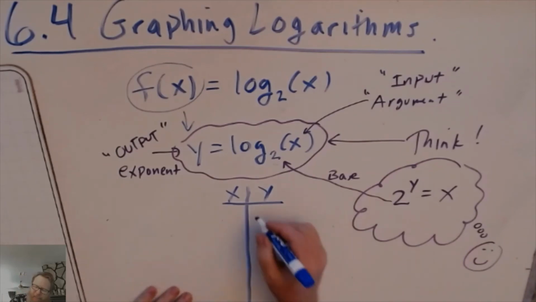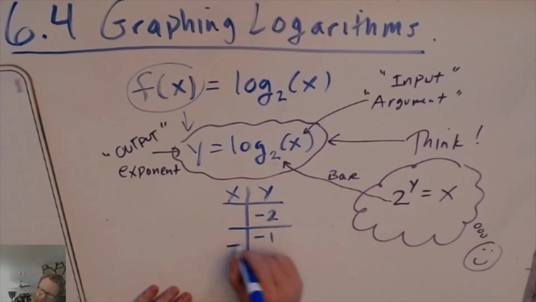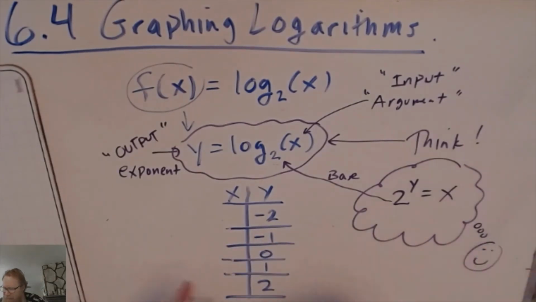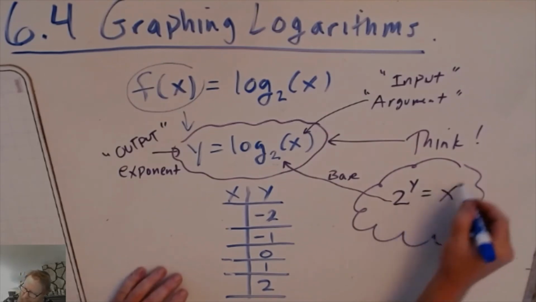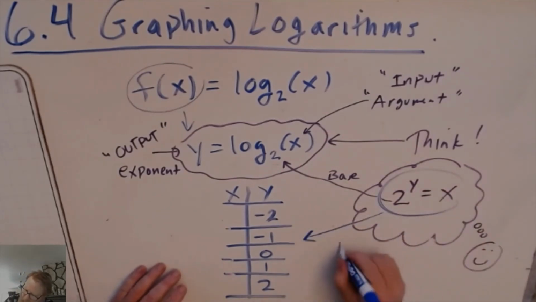In this example, I'm actually choosing my y's to be -2, -1, 0, 1, and 2. All right. So this is the inverse